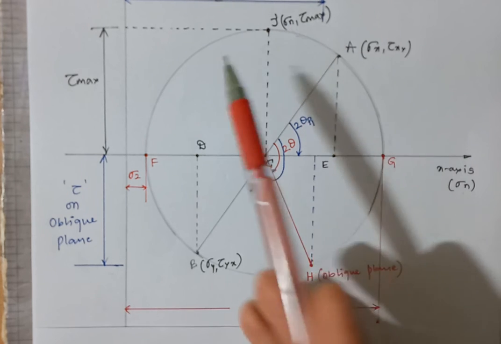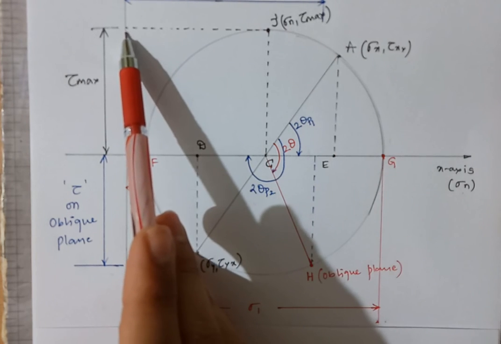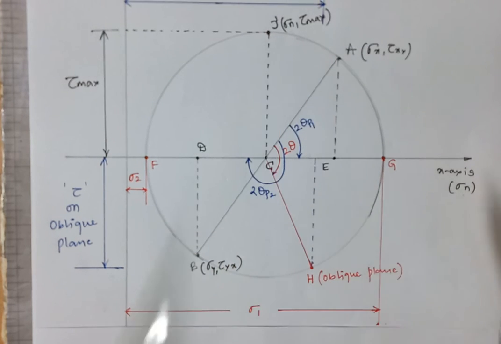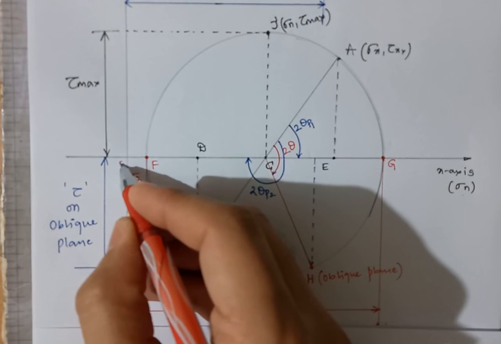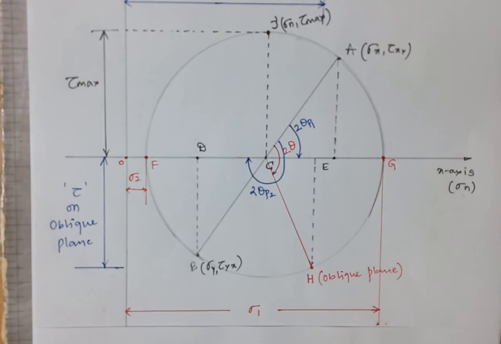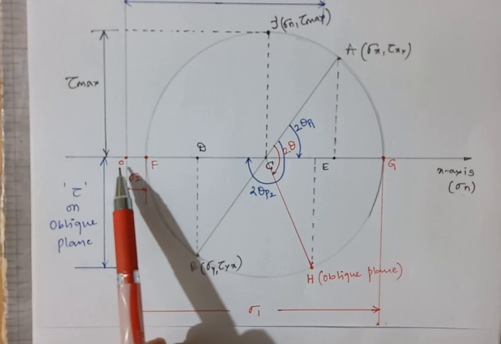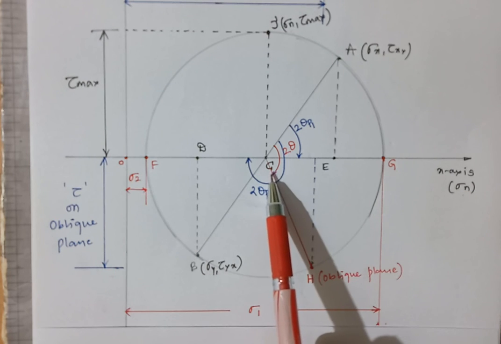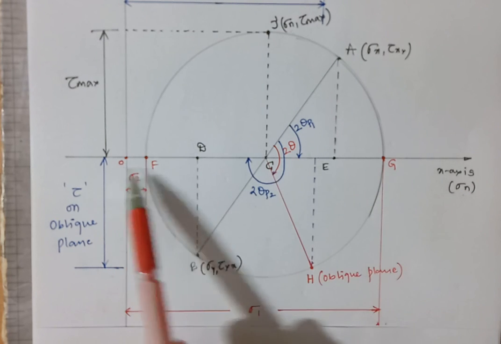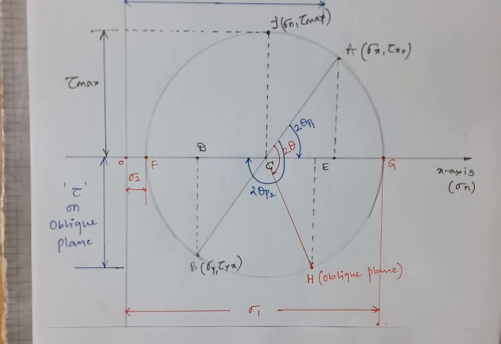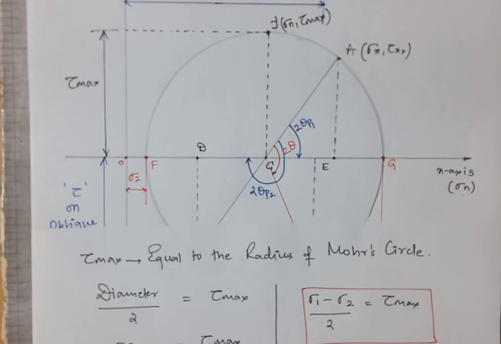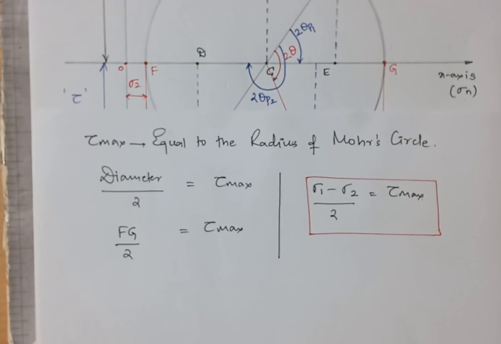So how are we going to denote sigma n? From this point to this point it is sigma n. If you take this point as origin, then it is OC, or yes, OC is the value which is equivalent to sigma n, right? So I need to calculate,